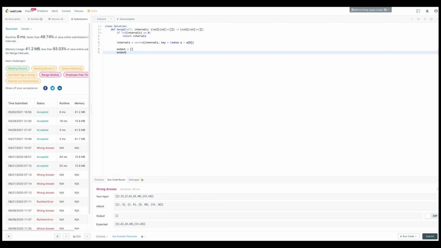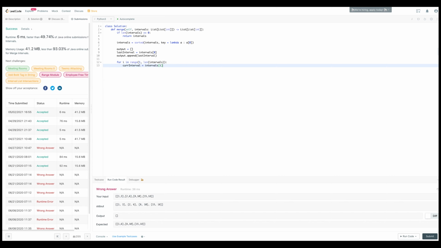We're going to create an output one. We have this. The output at 0 is going to be, or we're going to append intervals at 0. And actually, we'll have that be last interval equals intervals 0. So same thing, it's pretty simple going on here now. All we gotta do is, now that we added that, we can do for I in range starting at 1, len intervals,